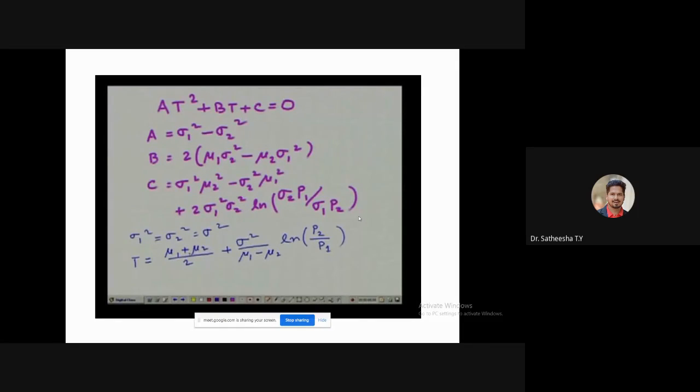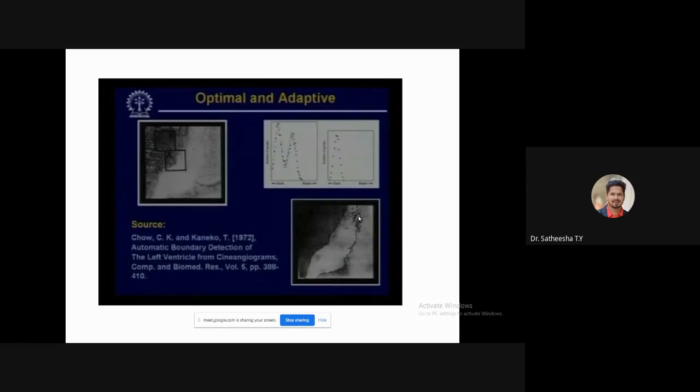And here again you find that if the probabilities p1 and p2 are the same, in that case the value of t will simply be t is equal to (mu1 plus mu2) by 2, which gives the mean of the average intensity in the foreground region and the background region. So as we said, by estimating a threshold by this process, if we segment the image, then the average error of the segmentation will be minimum. That is, a minimum number of background pixels will be classified as object pixels, and a minimum number of object pixels will be classified as background pixels.